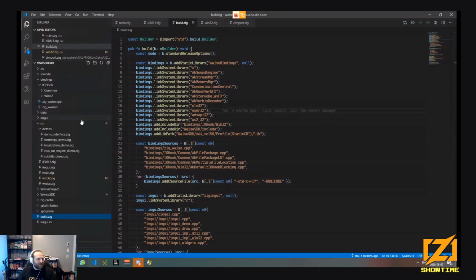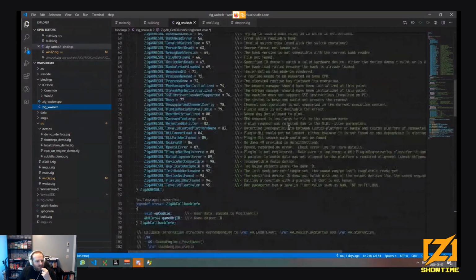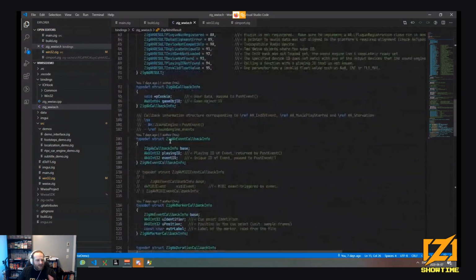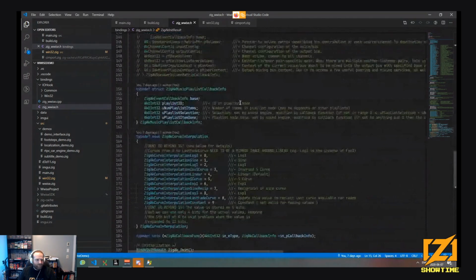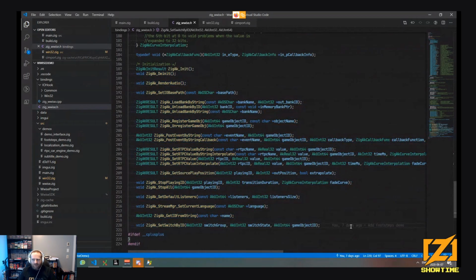So if I go inside the source file for the bindings, the Wwise binding was just a basic binding I did in C, as you can see here. I have to duplicate some enums and some structs from the Wwise SDK to be able to easily bind it to Zig and do just a C import in the code. So this is all done by hand, and just the minimal I needed for the binding.